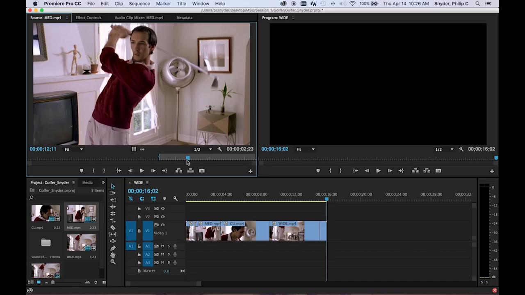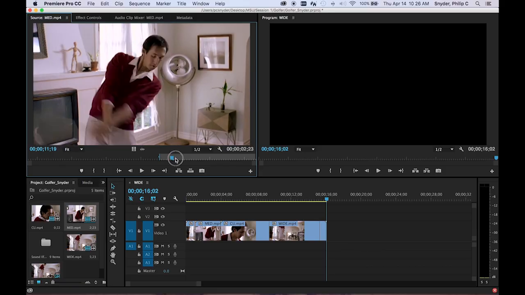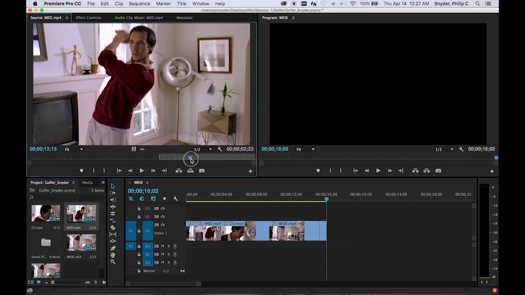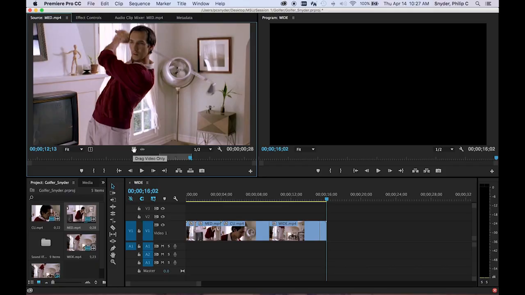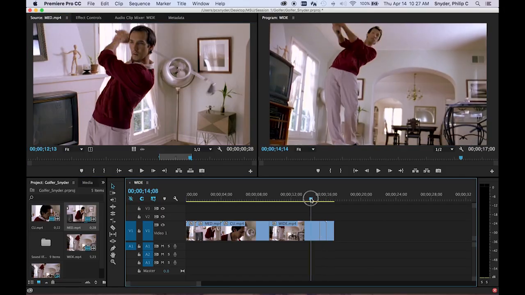The endpoint was 11:16. Out point will be after he swings there. Let's make it 12:13. That'll be our out point. Press the O key, okie dokie, or you can click on mark out. Okay, and then this shows the in-out duration, or the length of that edit, which is almost 1 second. So it's pretty quick cuts that we're doing there. Again, let's just drag video only down into the timeline. Okay, so we've got those quick cuts,